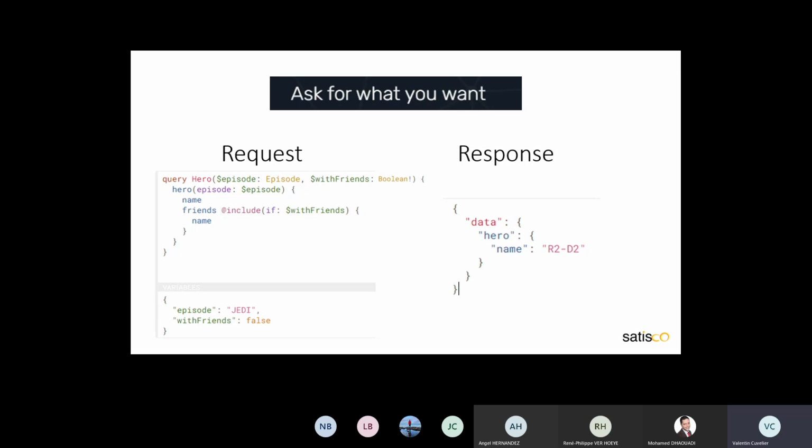So it's called variables. To work with variables, we must do 3 things. First, we must replace the value in the request. So it is in the second line, we see we have hero defined with a parameter episode, and we specify the value of the episode by a variable episode.